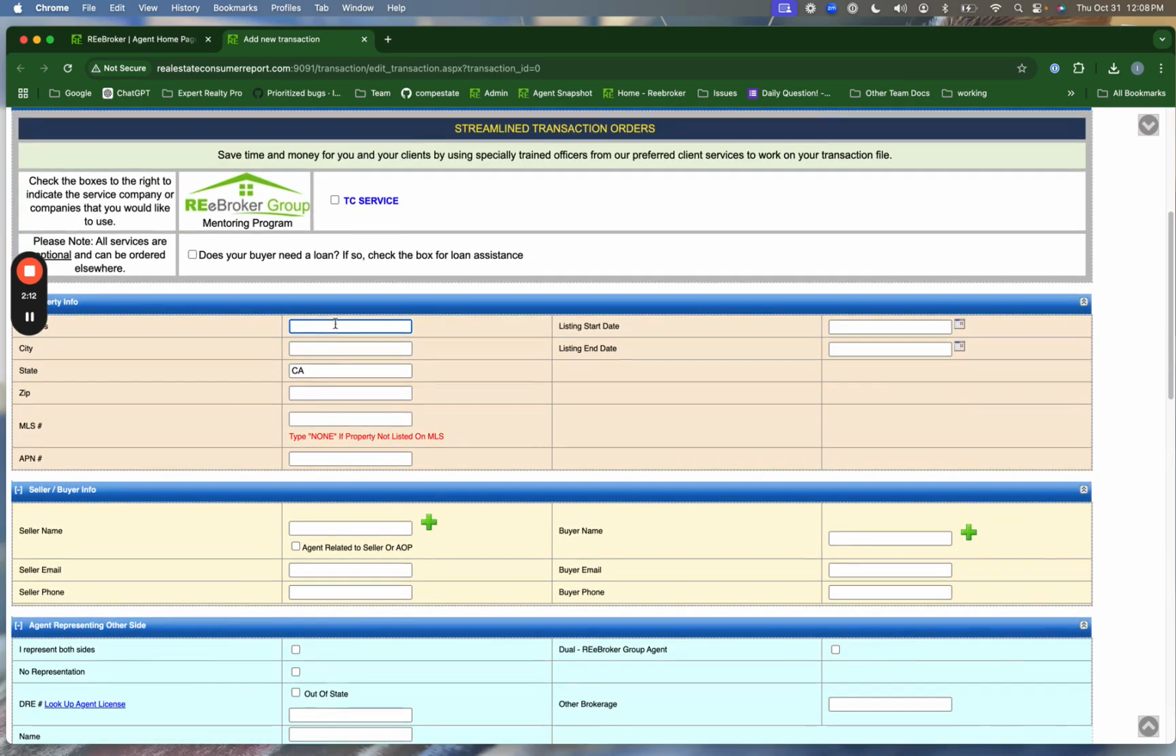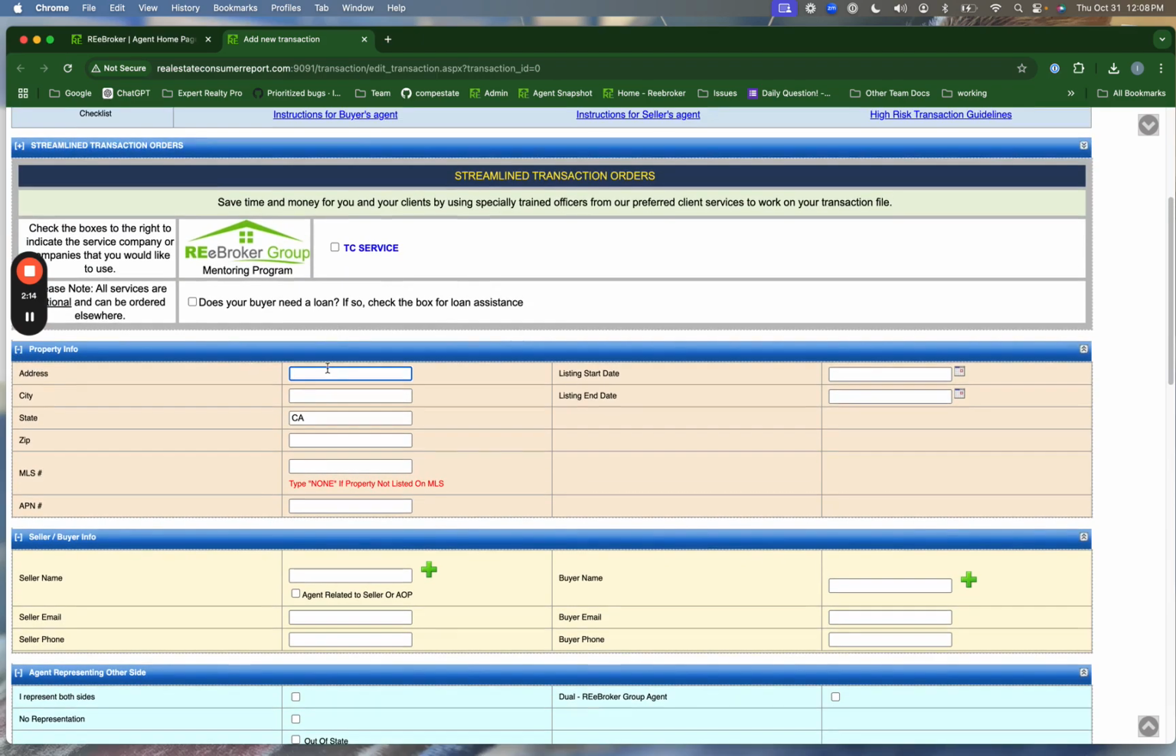You would be entering the property address here. So we'll just do Main Street as a test. So San Diego, and then you would enter the MLS number if you know it, but you probably will because you'll find it on the MLS, and then the APN number,